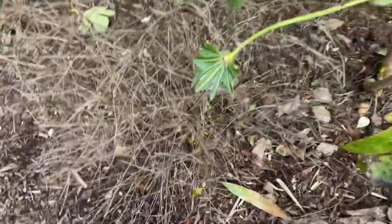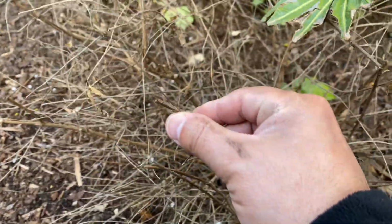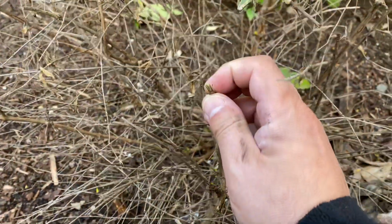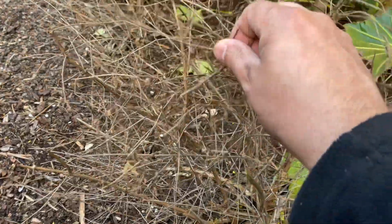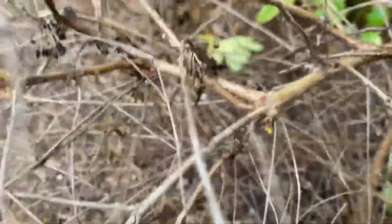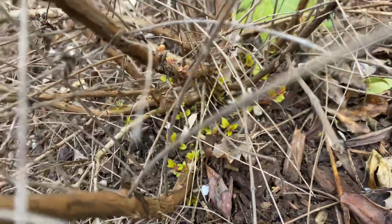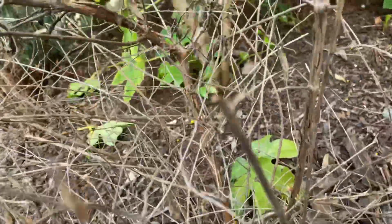Hope it's not too windy here, but my fuchsias, and I've read these were kind of sensitive, but I've never had a problem with them before. Look at this. A lot of them are just kind of snapping, dead. I do see life at certain points though, right? And there's some life there, but this is what got me going, when I saw all these new shoots coming up. The thicker branches at the back are okay, but these ones out front,